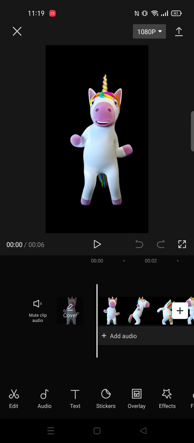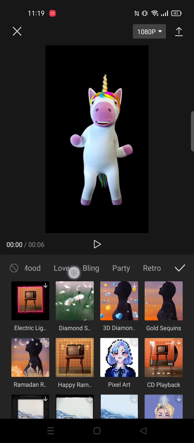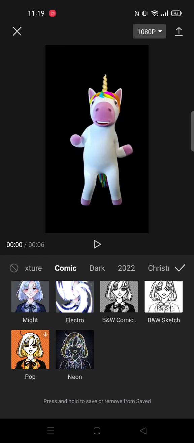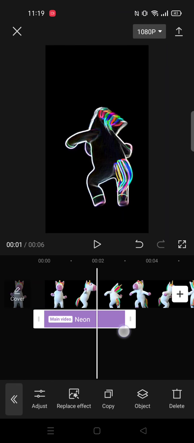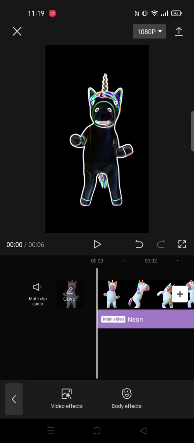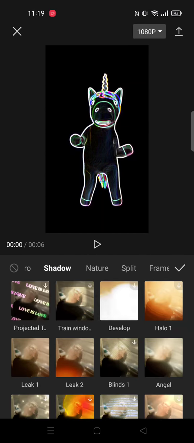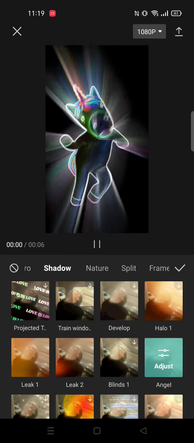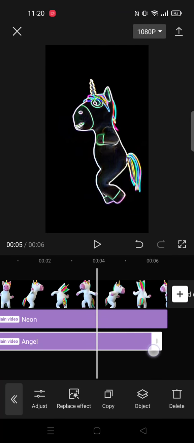Now go to Effect, Video Effects, find Comic, and choose Neon. Don't forget to adjust the duration of the effect. Now add another effect, video effects, find shadow, and choose angel. Now adjust the duration of the effect,